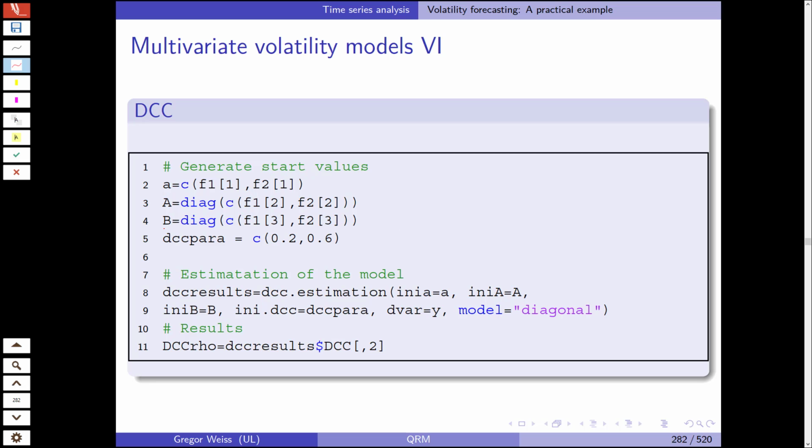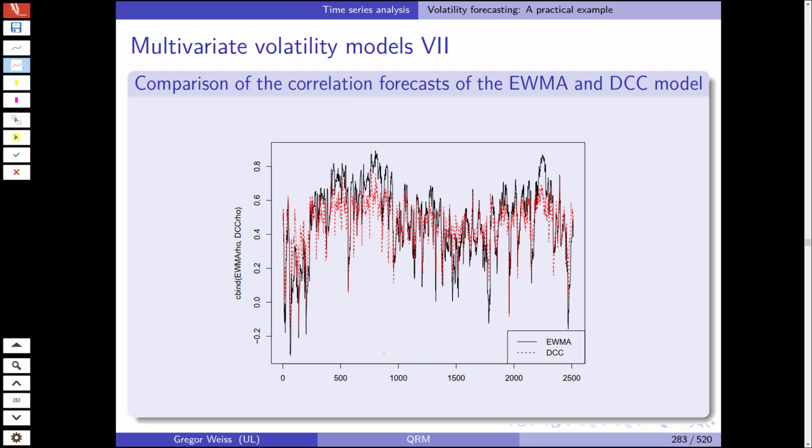So we need A, B, and DCC parallel, which is a vector with the parameters. Estimation is a typo here. We estimate the model, DCC results equals DCC dot estimation with these parameters. Actually, this is standard in FGARCH, and the results is DCC row, DCC results, $DCC, second column, and these are